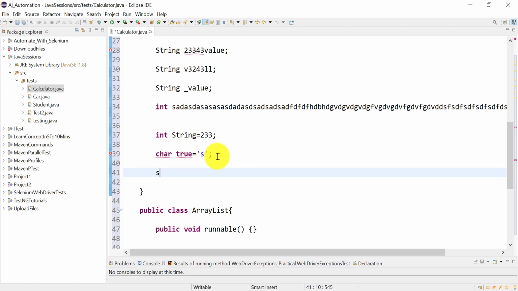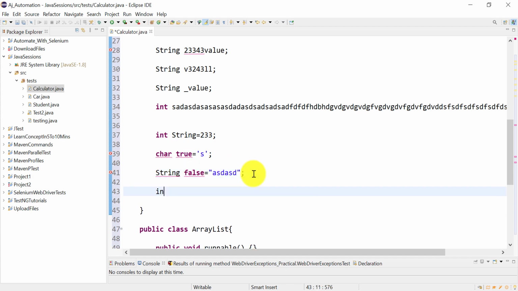Then if we try a string false equal to some string, it is also not allowing false. And next, an integer null equal to 3, you can see it is also giving a syntax error. So you cannot use true, false and null.